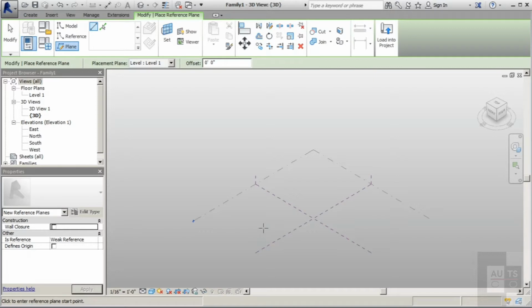I don't have any specific dimensions in mind, as right now I'm kind of in a conceptual phase, but I definitely know the form that I'm aiming for. So I'm simply going to sketch this out here in the 3D view. And I'm going to make sure I snap at all my endpoints here. And again, I'm going to create a sweeping right triangular form that's going to have some curves to it as well. So I'm going to bring this down as close to that point as I can,